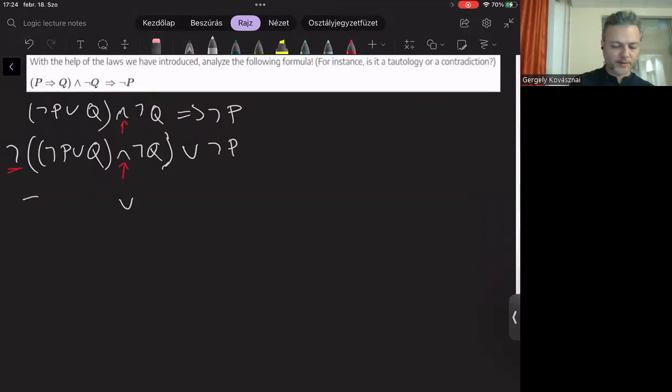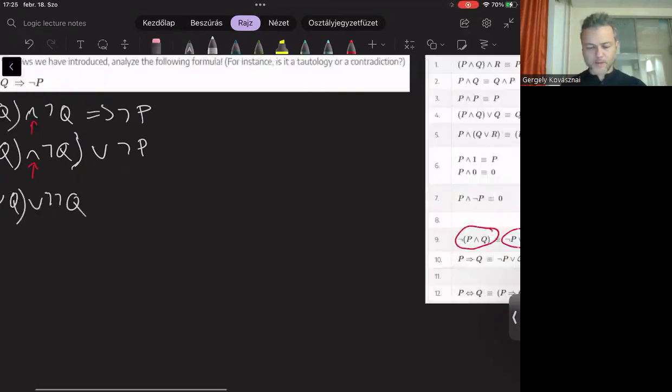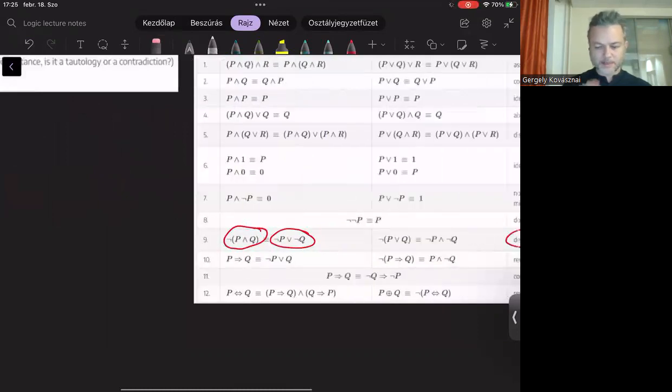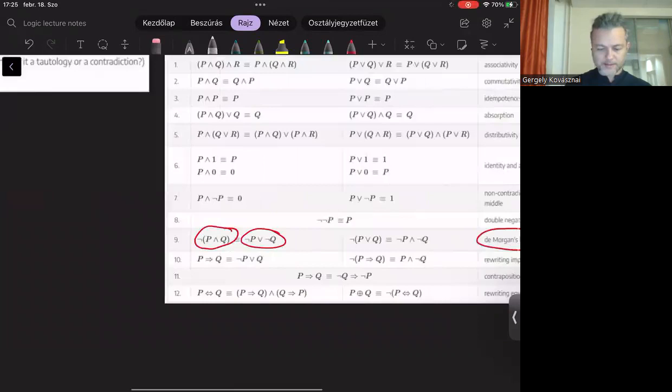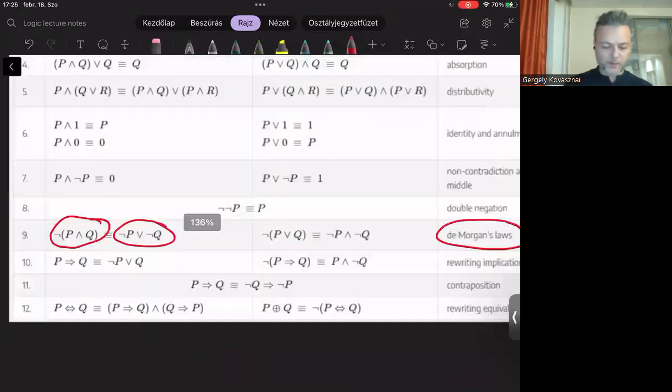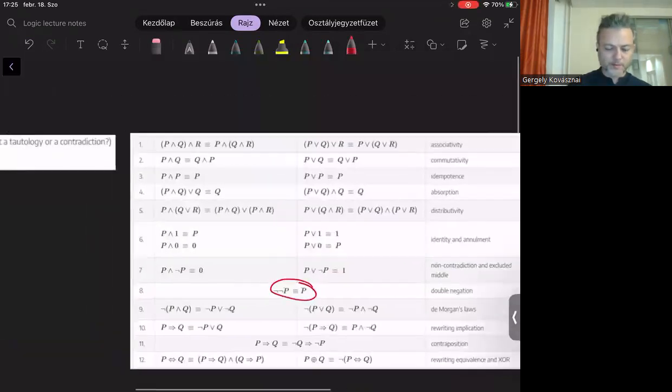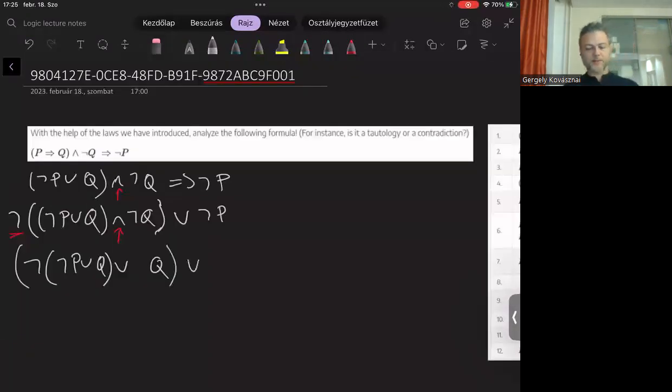The first operand was inside those parentheses, right? The second operand is not Q, so we have to negate not Q. Therefore, a double negation appears here. Immediately, I want to show you that double negations can always be simplified out. Here you can see that. Therefore, we can remove the double negation here. Okay, and let's just copy the rest of the formula like that.